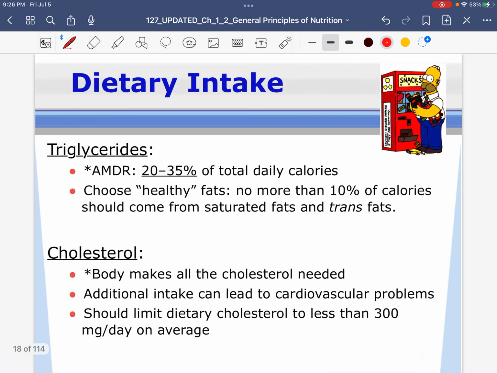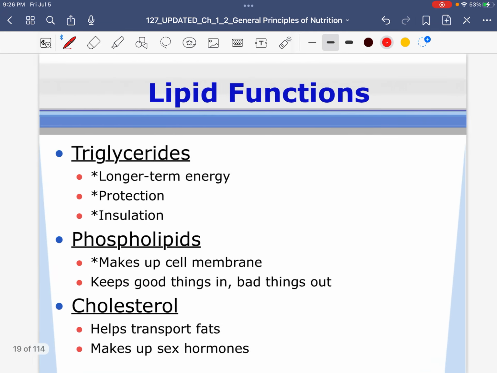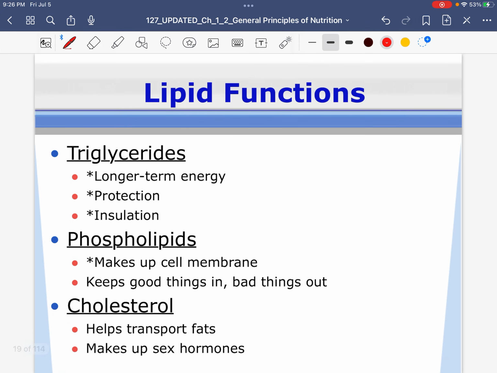Okay, let's talk about functions. I'm going to skip this for now because I want to come back to that. I want to talk about functions. What we're going to focus on would be the triglycerides and the phospholipids. These are our big 2. We'll talk more about cholesterol. Triglycerides,